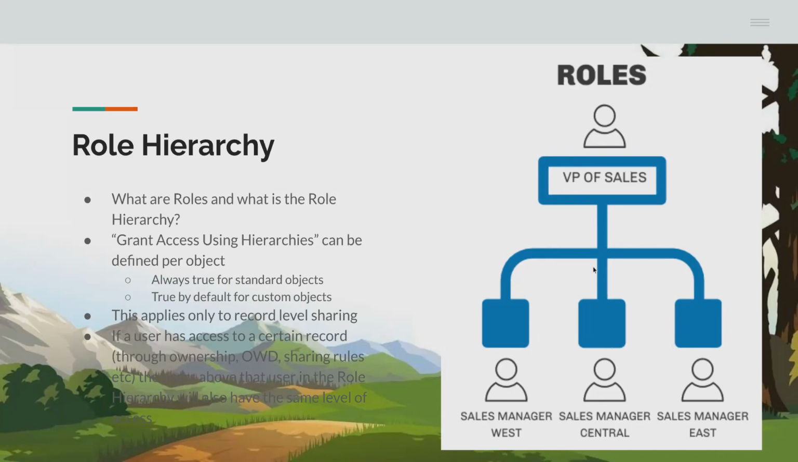And how the role hierarchy works is, in the org-wide defaults, there is a checkbox called grant access using hierarchies. And that is normally always true for standard objects. And by default, it's also true for custom objects. And normally, unless you switch it off, it will be switched on. And what this means is, so let's say